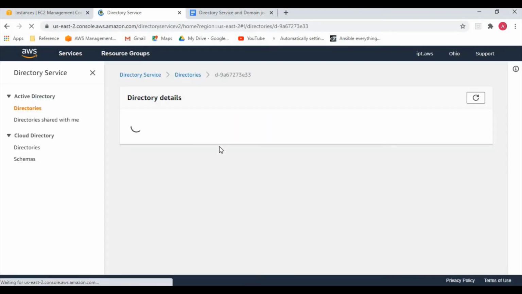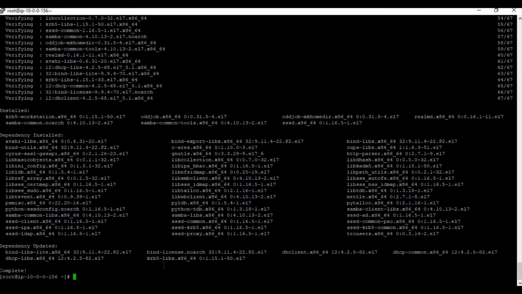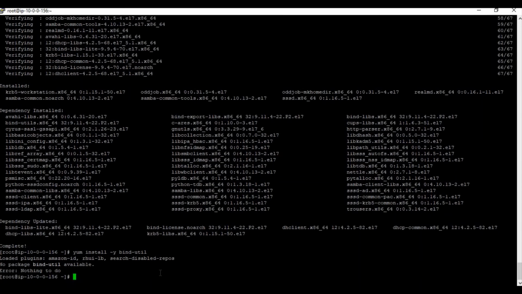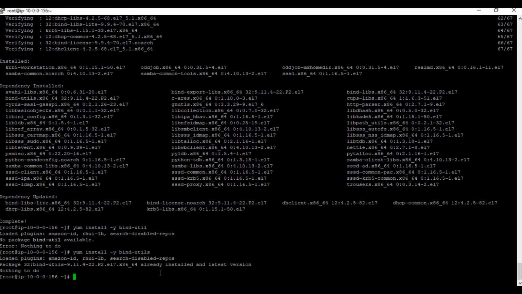For that, we need the IPs of the DNS server. So let's get this IP. We need to do nslookup. For that, we need to install this package in order to use it. Okay, it's already installed. So let's do nslookup here.